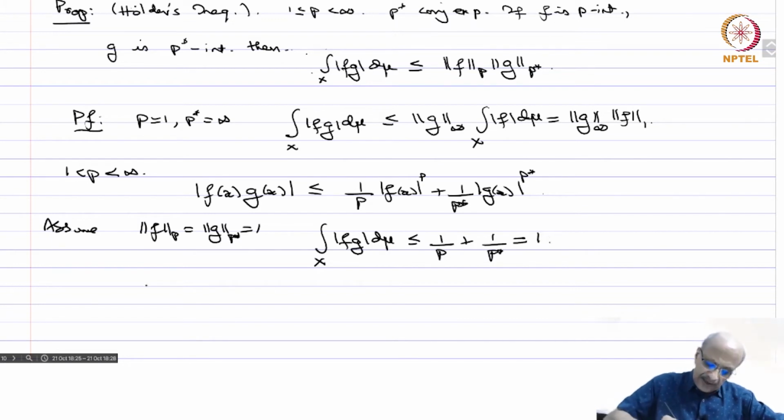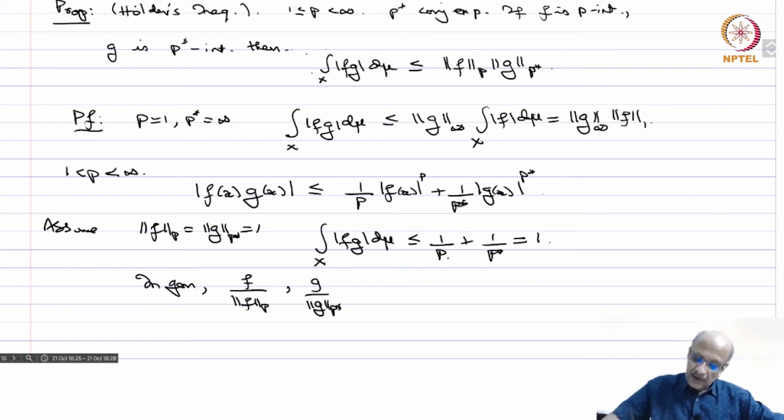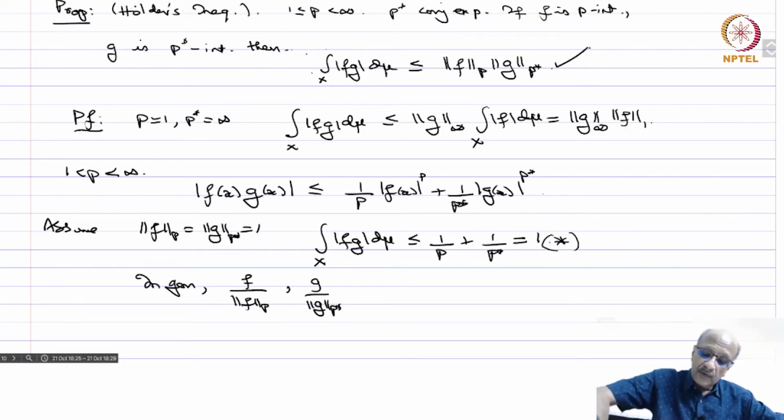And in the general case, you take f by norm fp and g by norm g p star and apply this inequality, then you will get straight away the Holder